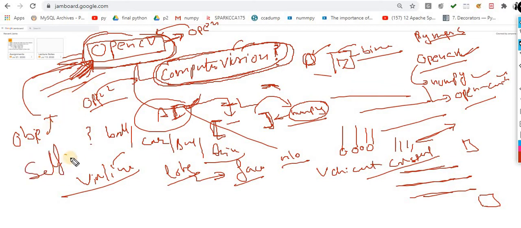Self-driving car is one of the most important ones; Google is working on it. Again it takes the help of OpenCV, because everything is a frame, an image, and from those images you have to find out the data, and according to that data you generate your model. So that is the self-driving car.